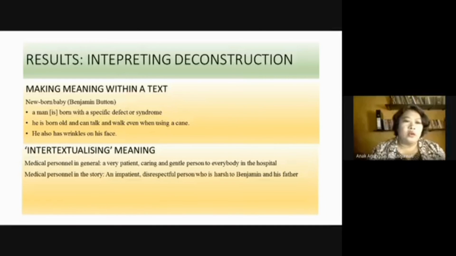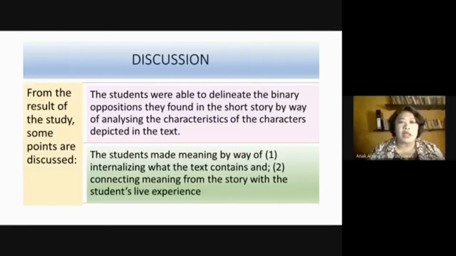While the interpretation using intertextualizing resulted in this: in general, medical personnel are viewed as very patient, caring, gentle people to everybody in the hospital. On the contrary, the medical personnel in the story of Benjamin Button was portrayed as being impatient, disrespectful, and also harsh to Benjamin and his father. Having seen the interpretation of the deconstructed text,